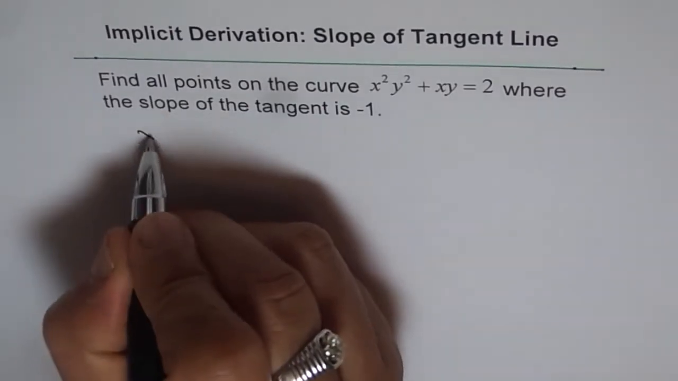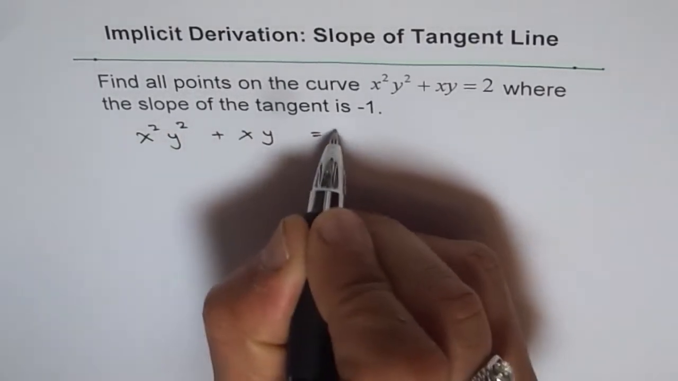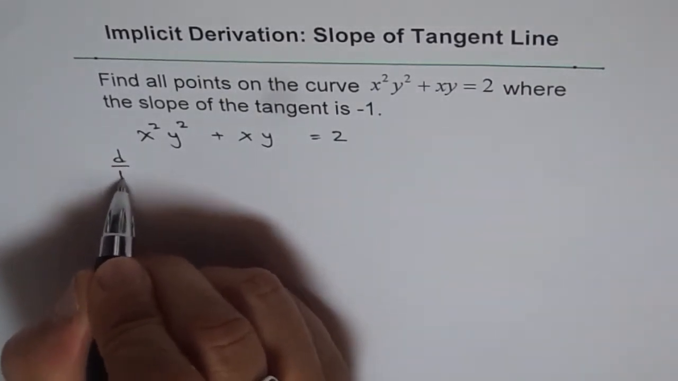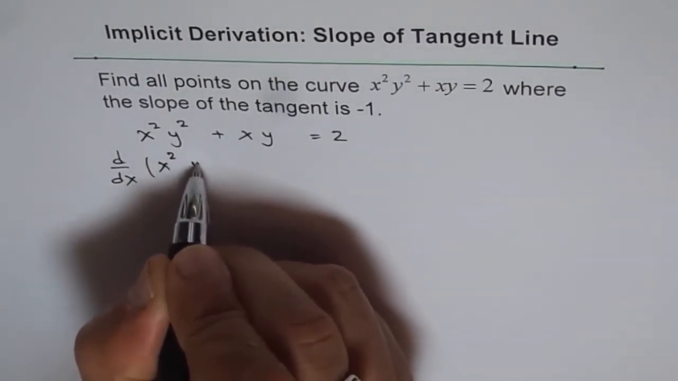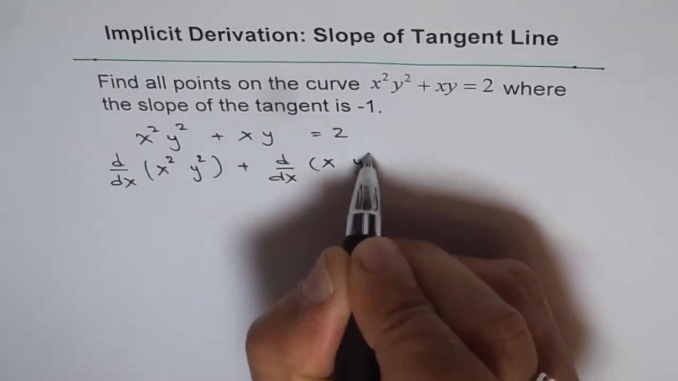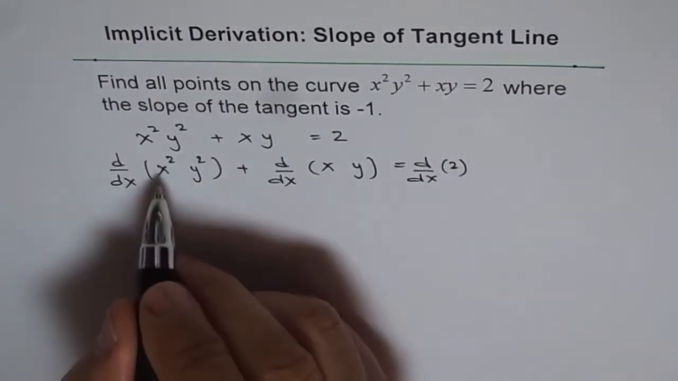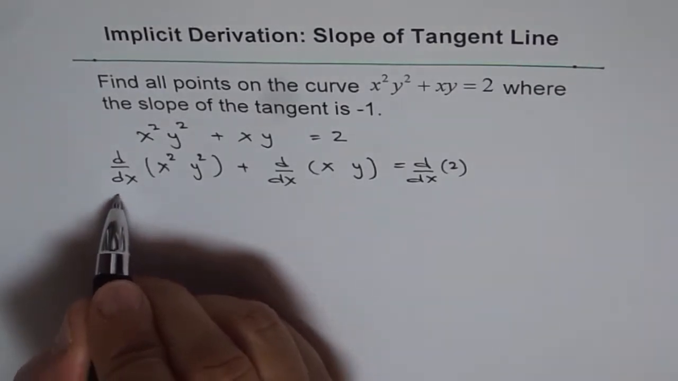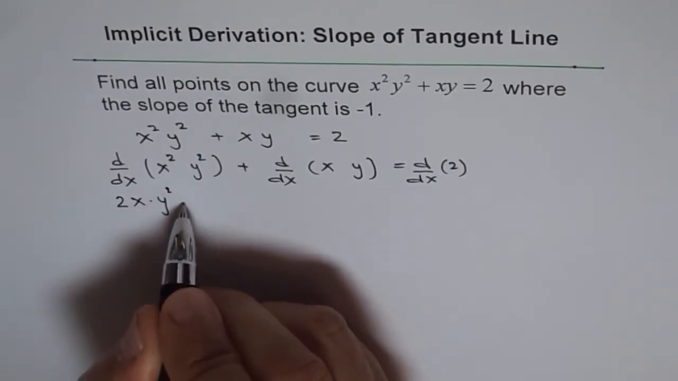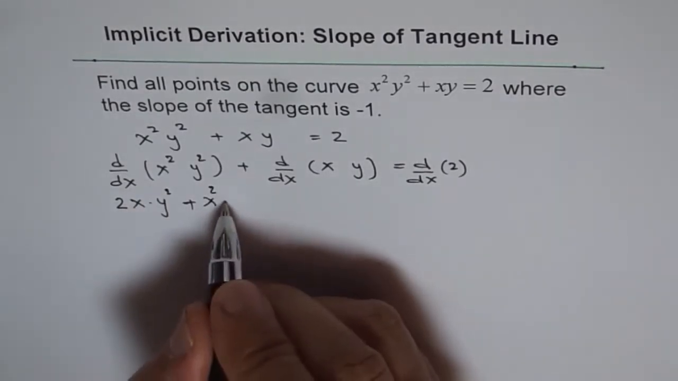So let's start with the equation itself, which is x²y² + xy = 2. Now let's take the derivative on both sides with respect to x. So we get d/dx of x²y² plus d/dx of xy equals d/dx of 2. Now here we'll apply the product rule, and so we get 2x, that's the derivative of x² times y², plus x² times the derivative of y², which is 2y